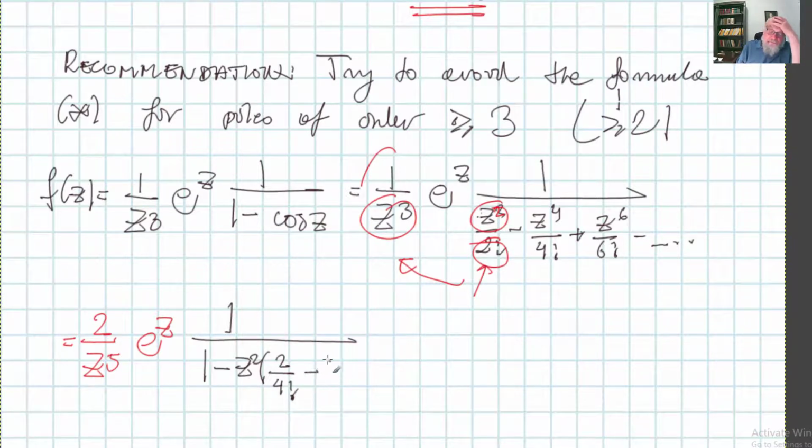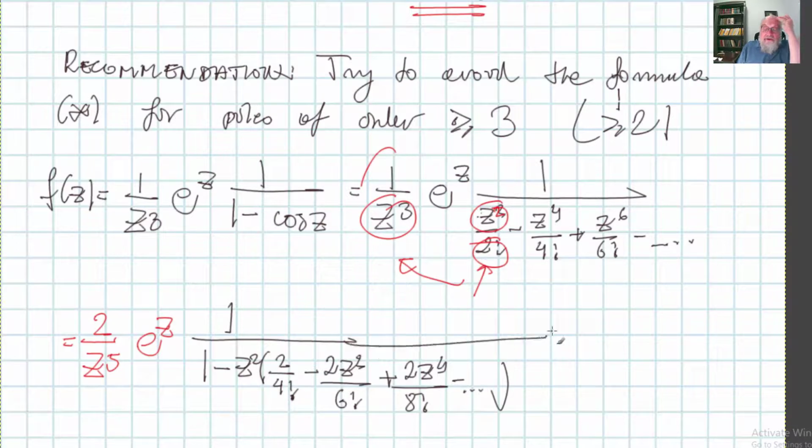Good, and then you have minus 2z squared divided by 6 factorial, then plus 2z^4 divided by 8 factorial